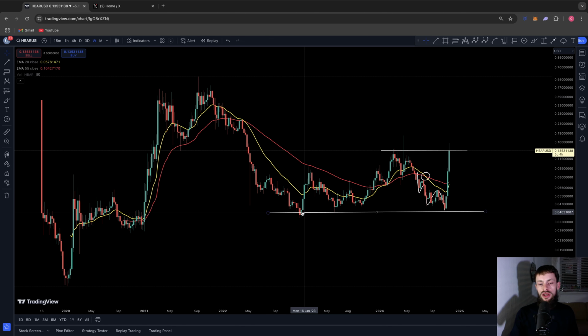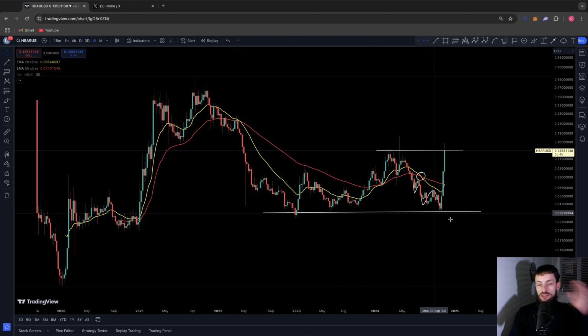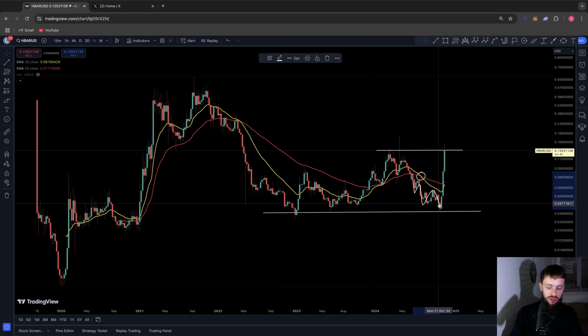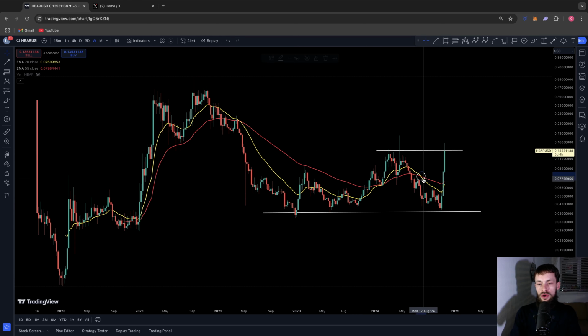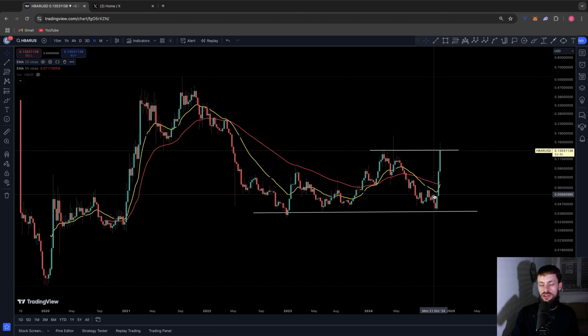Now each point of contact on these trend lines were both fruitful entries for HBAR, so if you did catch this, fair play to you. It was a crucial support zone for HBAR, and within doing so, sorry, I've lost my sort of trajectory there,